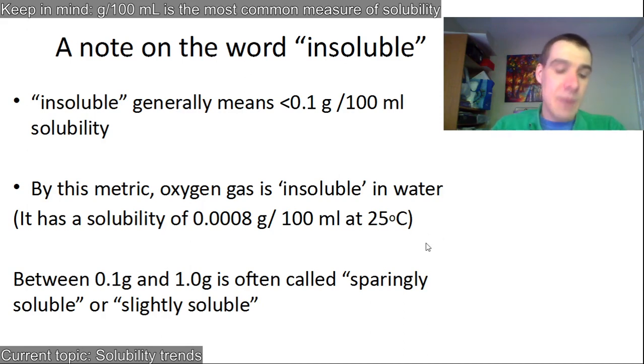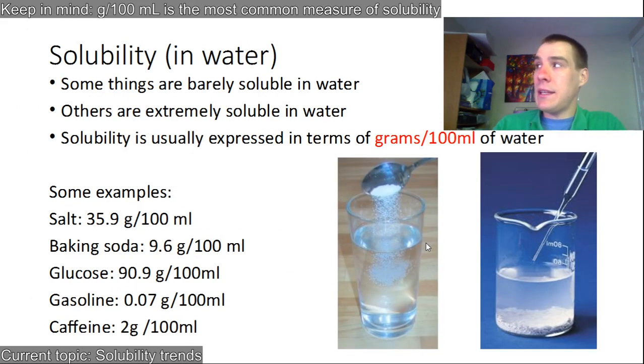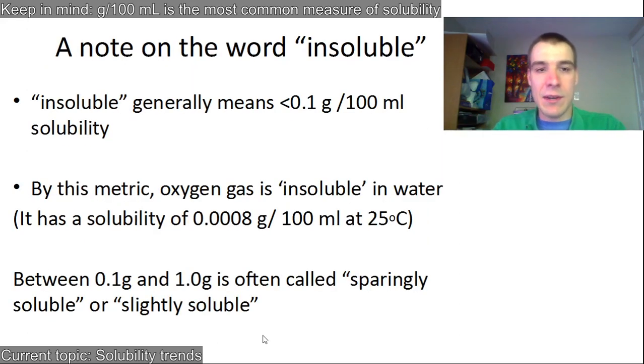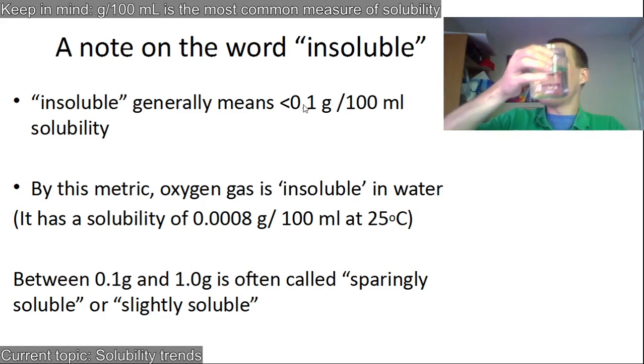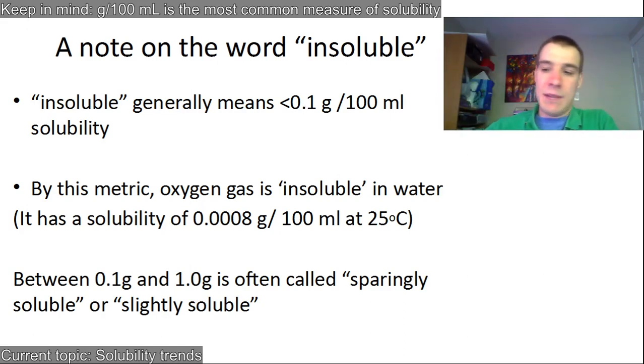Now, we have this thing called insoluble. Well, nothing's really insoluble. Even gasoline, a little bit of it stays in the water. And we know that vegetable oil and water don't mix, but a little bit of that vegetable oil will stay with that water. But generally what we mean with insoluble is that less than 0.1 grams of the substance can dissolve in 100 milliliters of water. So this jar is probably about 200 mils. 0.2 grams is ridiculously tiny, right? So you're talking about tiny amounts,